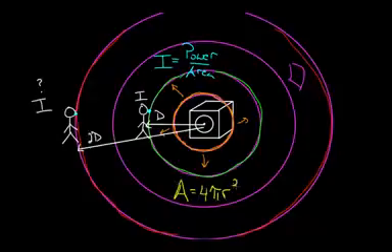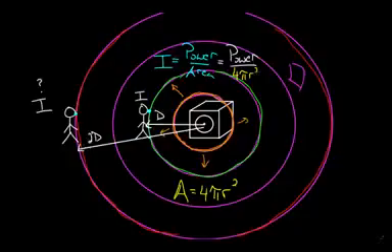This means the intensity is going to equal the power divided by 4 pi r squared. This means if you're twice as far away, this person's twice the radius away. That means the area that the power's been spread out over is now not just twice as much area. This is r squared. Since this is r squared, if you double the radius, you're getting 4 times the area.